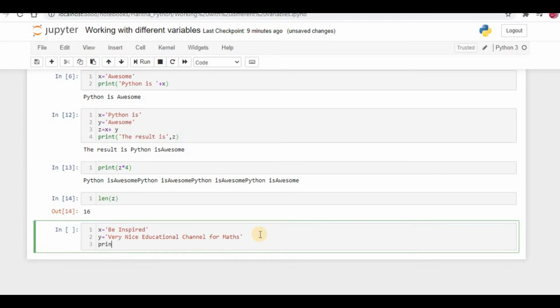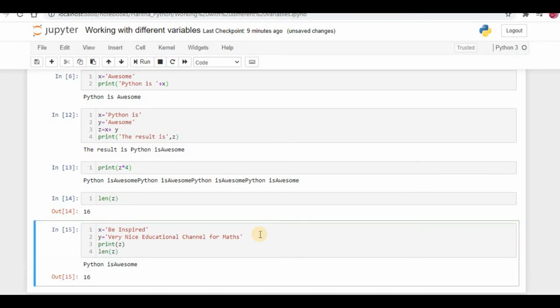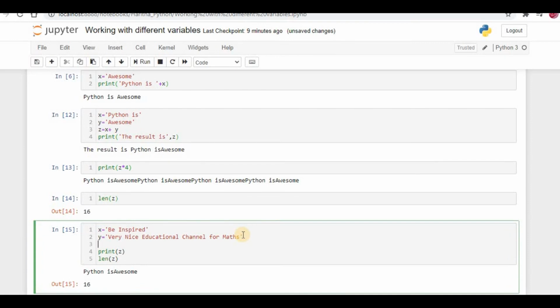Now print z, and at the same time I want to find the length of the variable z. Now see here, what is it showing? Sorry, here I didn't print the value of z, so that is the reason it just showed the value of z in the previous cases.